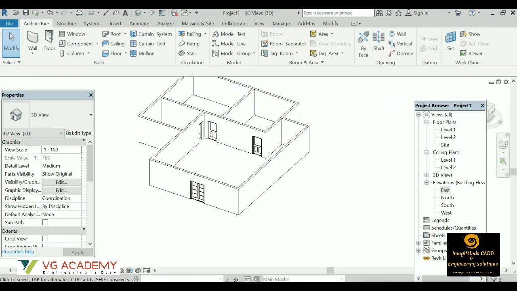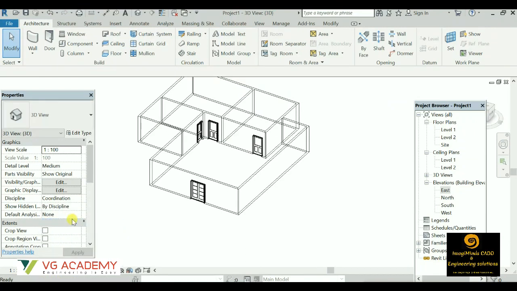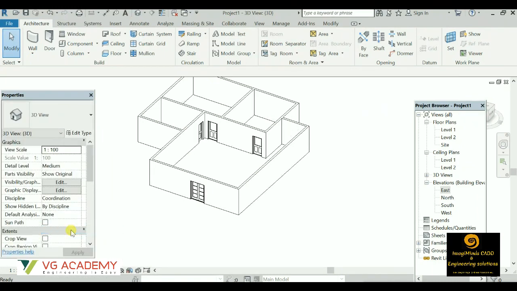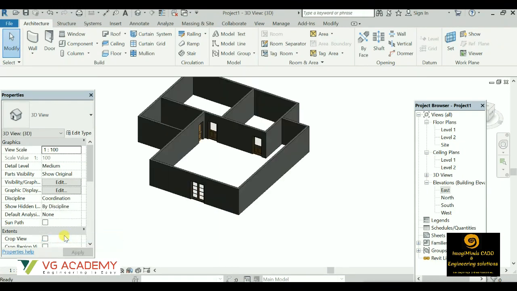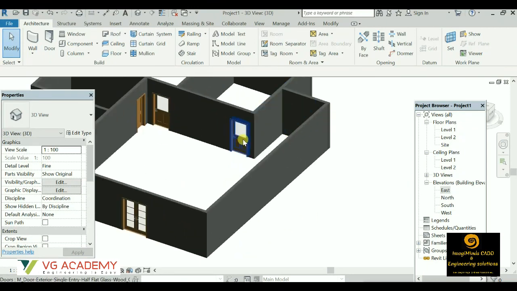So guys, we can change the visual style from here. This is the visual style, like we can change to wireframe view. We can change to this hidden line. So this was actually the hidden line we are working with. Then shaded. Then we have realistic as well, wherein if we assign colors or materials, that will be visible. So for now, we can keep it in shaded. And this detail level we can keep in fine.